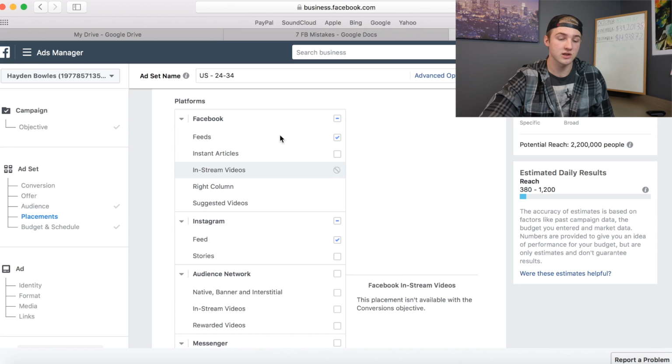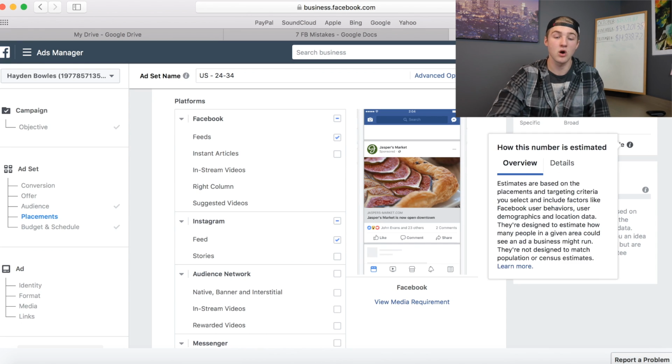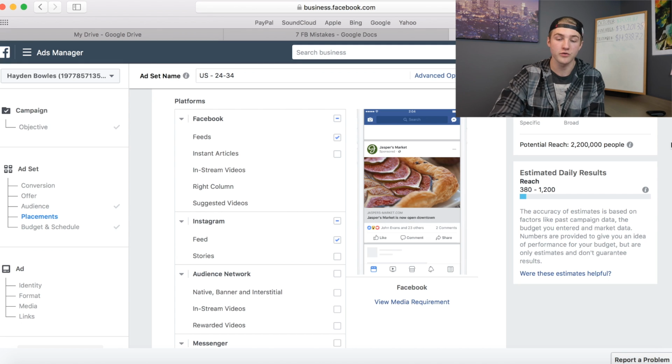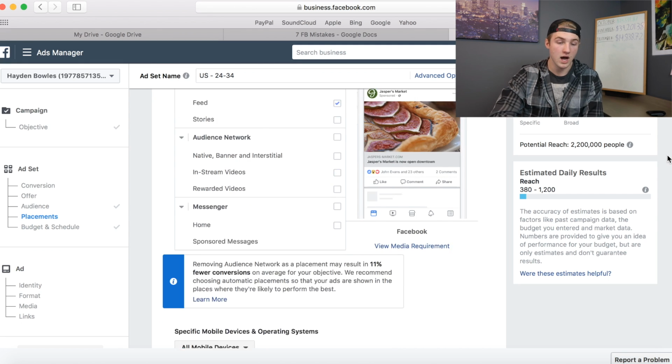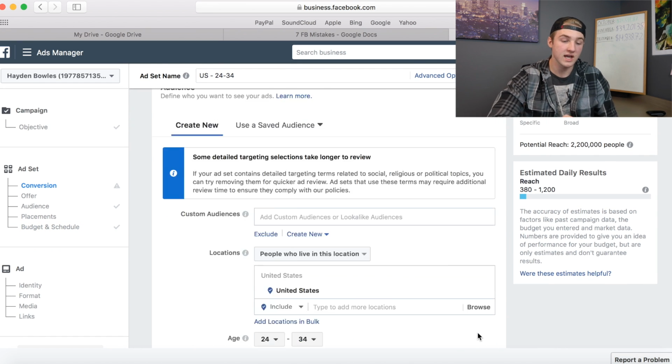Just know that as you're selecting where you want to put the placements, that is going to affect your reach. So kind of look back at that. You might have to go and alter your interests based on that. But it's just something to keep in mind. So I look at that, we do that, and then the next thing I want to do, once I hit continue,